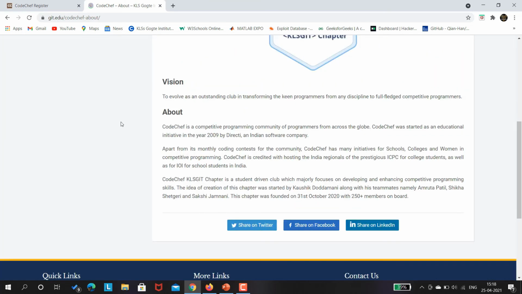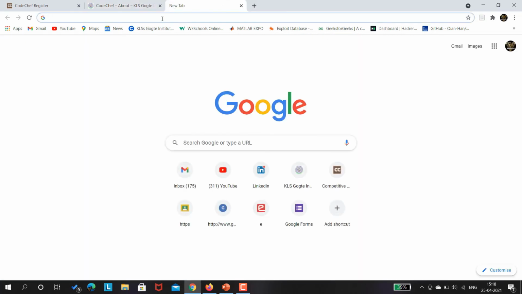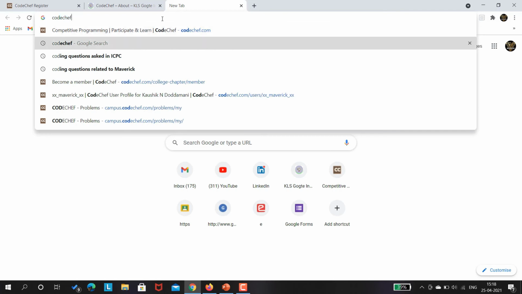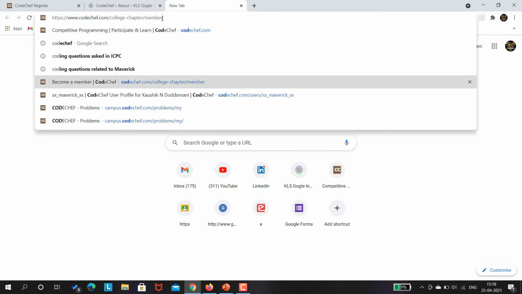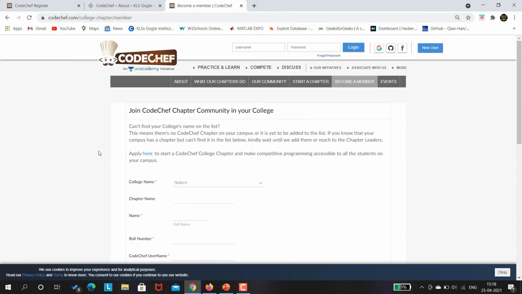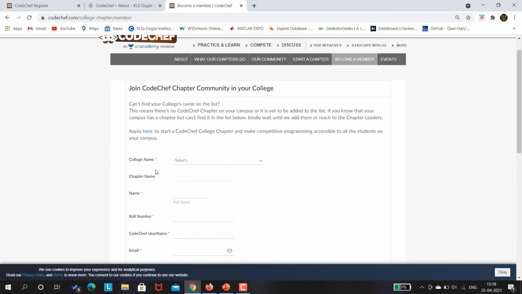So now let me show you how to register yourself as a community member for CodeChef KLS GIT chapter. Let me just type the URL. It's nothing but codechef.com/chapter/college chapter/member. Don't worry guys, the URL would be shared in the description, so nothing to worry.